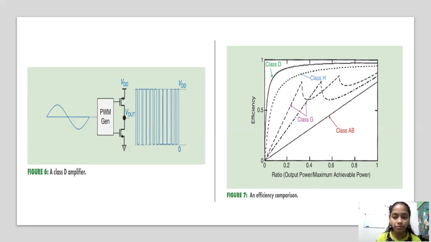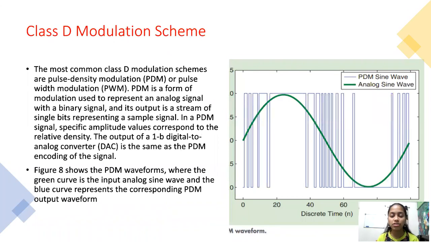Class D modulation scheme. The most common Class D modulation schemes are pulse density modulation (PDM) or pulse width modulation (PWM). PDM is a form of modulation used to represent an analog signal with a binary signal, and its output is a stream of single bits representing a sampled signal. In a PDM signal, specific amplitude values correspond to the relative density. The output of a 1-bit digital to analog converter (DAC) is the same as the PDM encoding of the signal. Figure 8 shows the